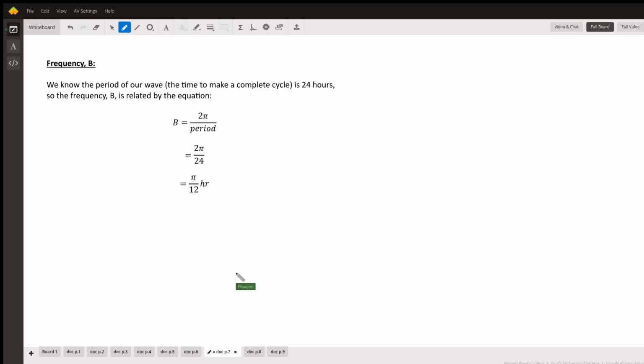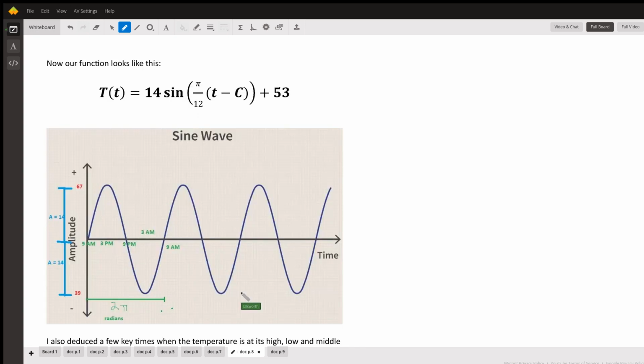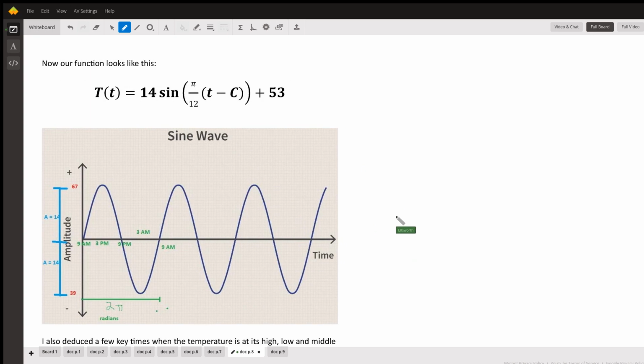Next part, frequency. Our period is 24 hours, so we divide 2 pi by that, and you get pi over 12. So our frequency is pi over 12 cycles per second. So, update our formula. There's pi over 12. For the last part,